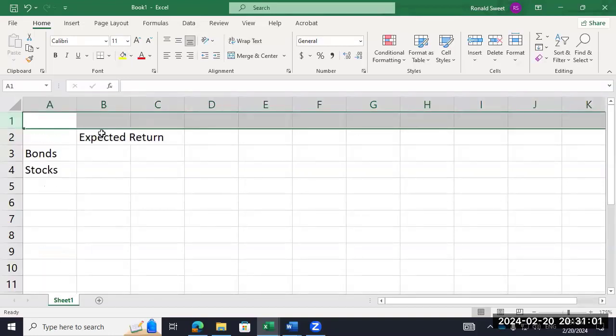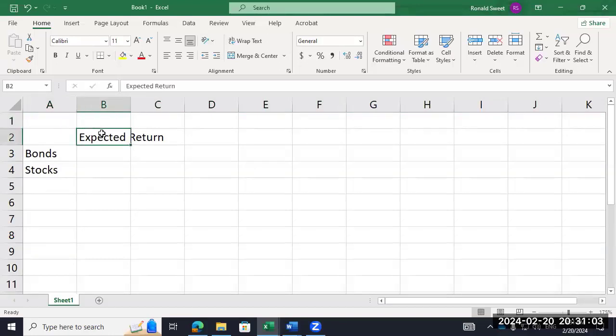What's the other word for expected return? It's the mean. Is that the same? Is the mean the same as the expected return? The mean is a historical number. Expected return is a future number. So if you say the mean and expected return are the same thing, you're saying if this thing's made 8% in the past, we expect to make 8% going forward. Is that a good assumption?